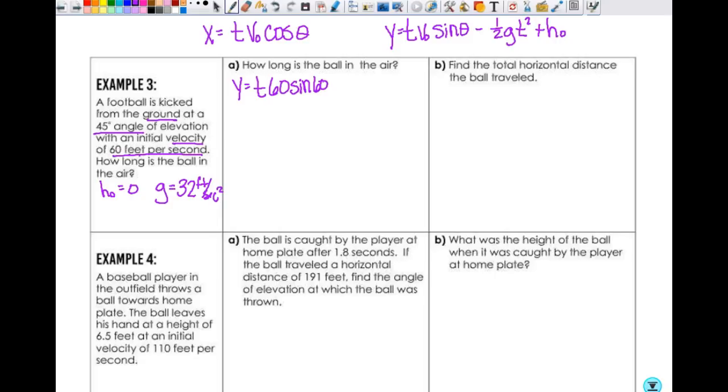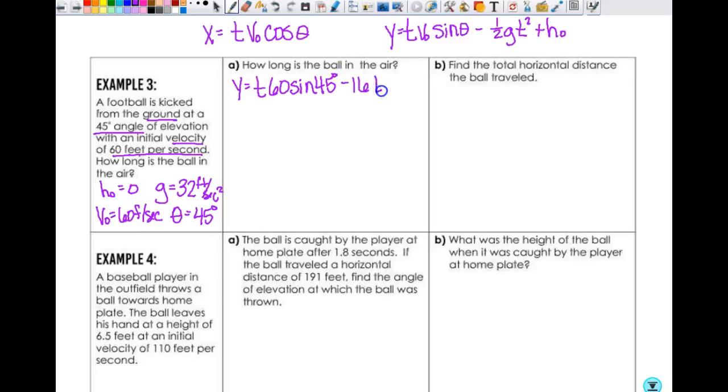Oh, no, it's not. It's 45. Dang it. Duh. It's 45. I already used the 60. So sine the angle, this is why we should write these things out. So my initial velocity is 60 feet per second. See, I was trying to skip steps. Not a good idea, especially not for me. 45 degrees. There we go. That makes more sense. 45 degrees